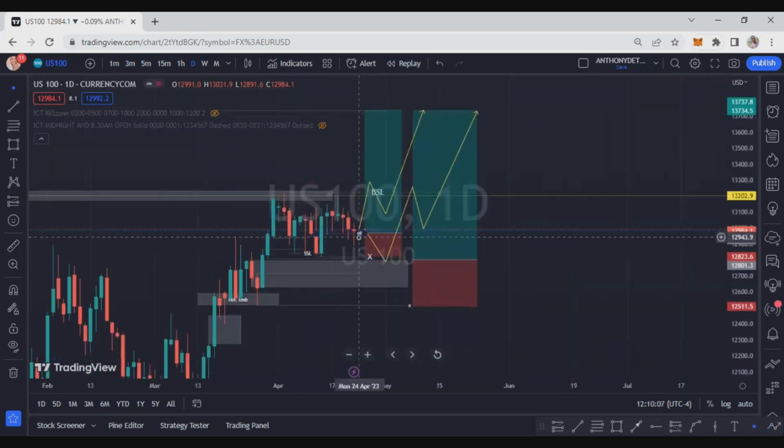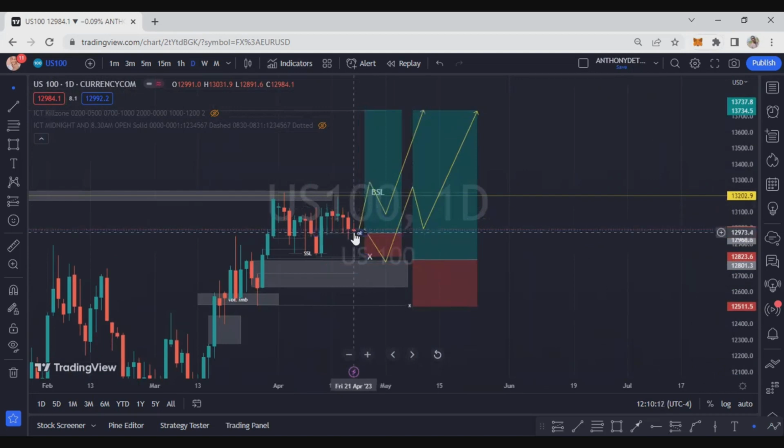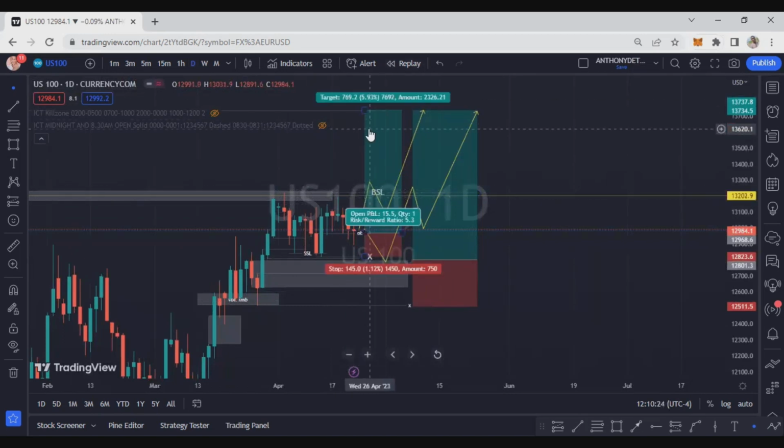So I'll be using the 1 hour to utilize. Once I see a BMX on my 1 hour, I'll be going down to the 15 minutes, trading on the trading section, 8:30 New York time. Then I'll be longing it. Maybe for the sake of day trading, I'll be targeting here, but for swing trading, I'll be targeting this